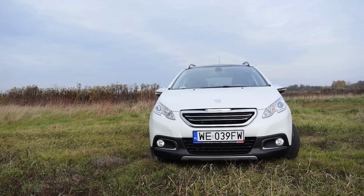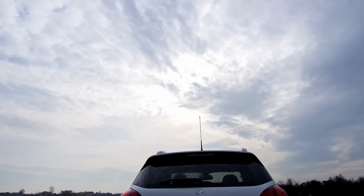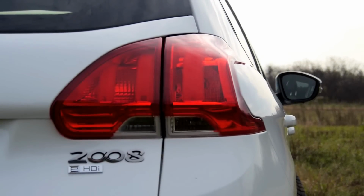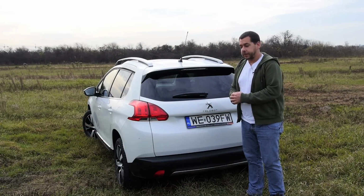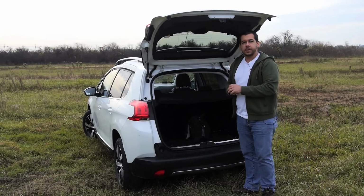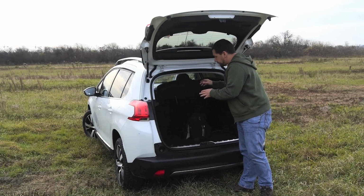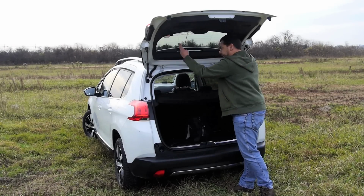You will see more of the 208 inside, but let's start with the boot, which should give us first hints as to whether this car is practical or not. 350 liters, this is the average boot size for a compact car these days, and this is exactly what Peugeot 2008 offers. Now, this shelf isn't really a very good idea, like Peugeot couldn't afford 2 pieces of string to